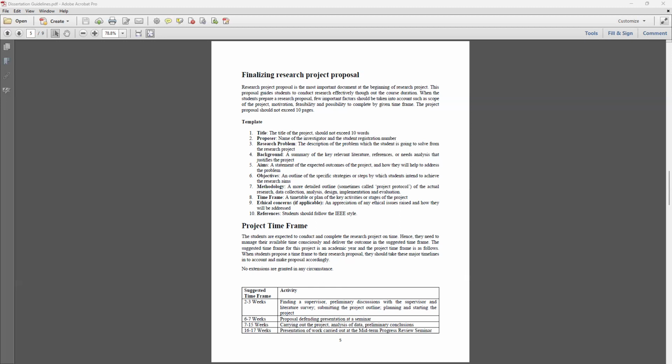Yes, we have 3 projects actually from last year where the supervisors were from other universities. Basically, the students usually select the supervisors who are doing lectures for them. But yes, you can select any supervisor if the research area is matching his or her area. No problem.